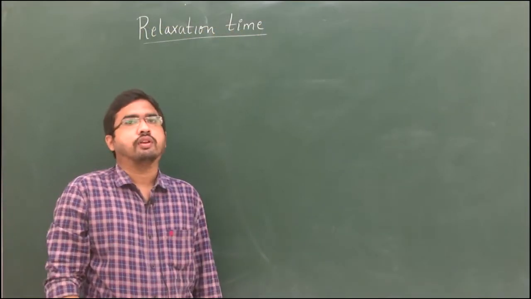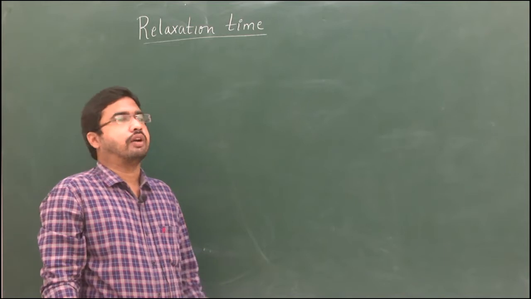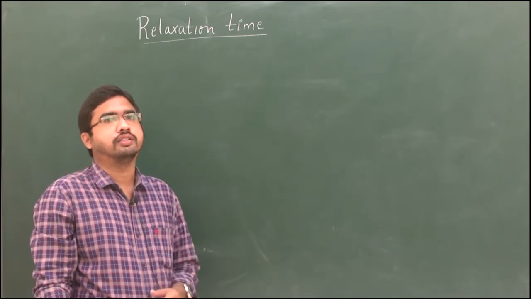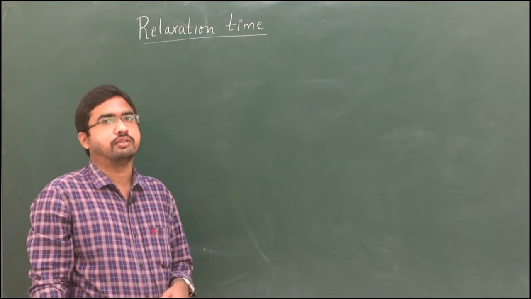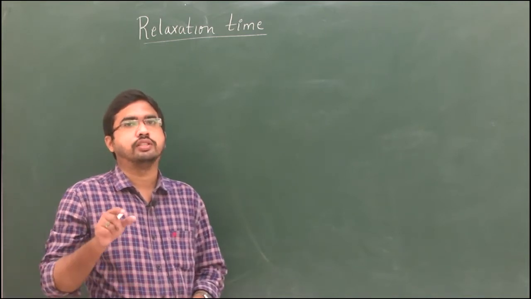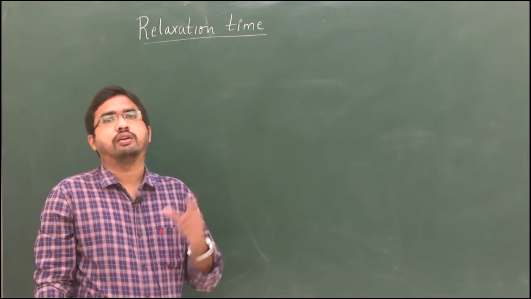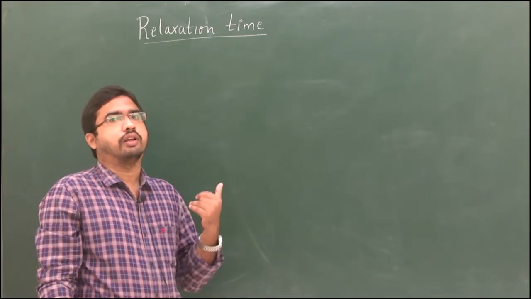Welcome all of you. In the previous lectures, we have derived some important relations between current I and current density J. J is a vector quantity, so we should denote it with J bar. So I equals the integral of J bar dot ds bar. Like that, we have derived so many relations.